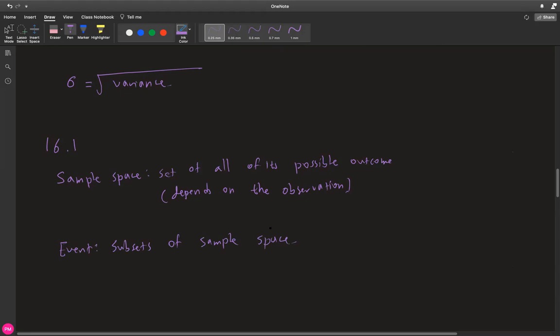And what that means is that anything that can come out of the sample space can be called an event. Even the sample space itself can be an event. So in the exam, if you're given a problem from here, as you've already seen from homework problems or the quiz problems,